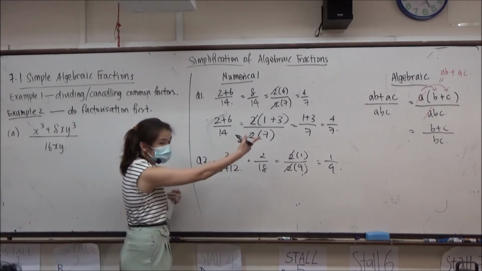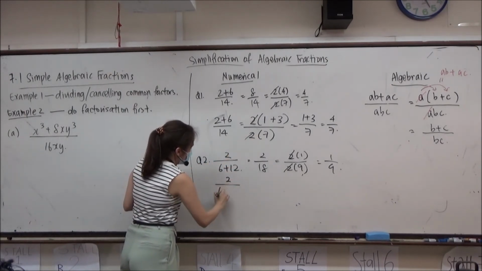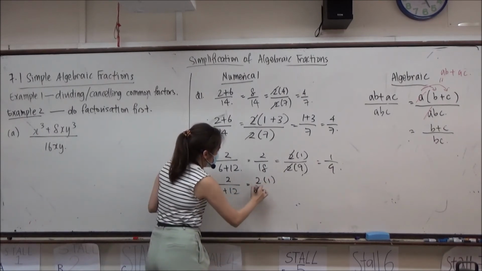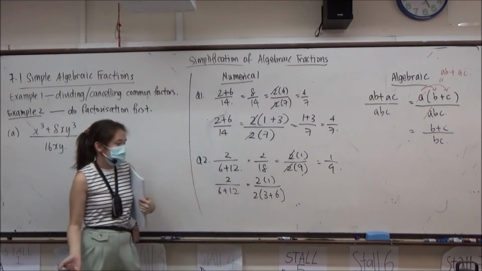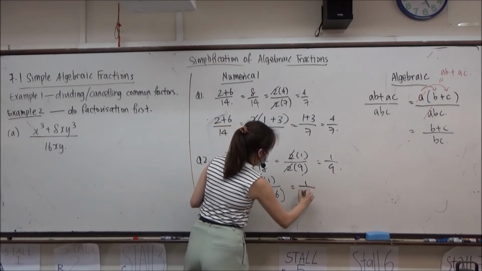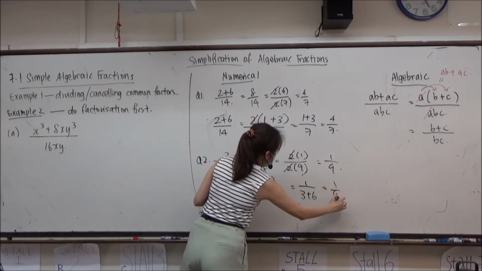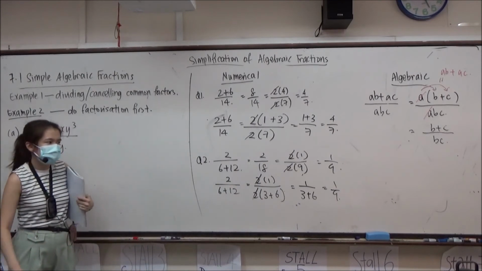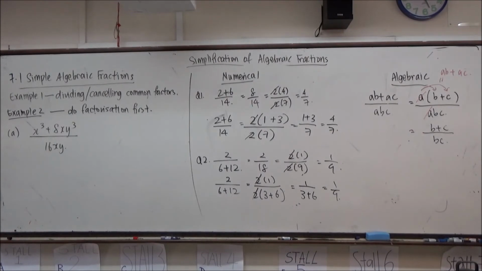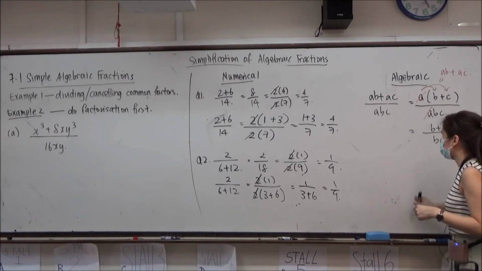Or if I do it like something what I do for algebra, right at the start, I factorize out a 2. Okay, why I choose to factorize a 2? Because I want to cancel the 2. So I get answer 1 over 9. Maybe for numbers, you wouldn't quite understand why I do such a long method. Best calculator can really work. That's true lah. But why I'm doing such an elaborate step is because when we go into our algebra,